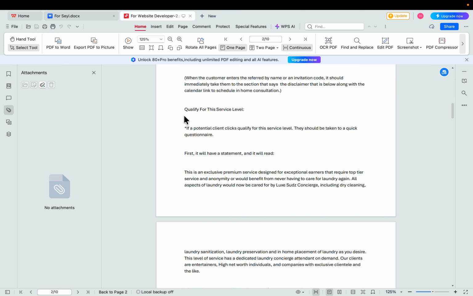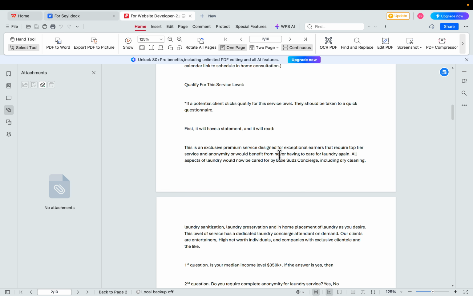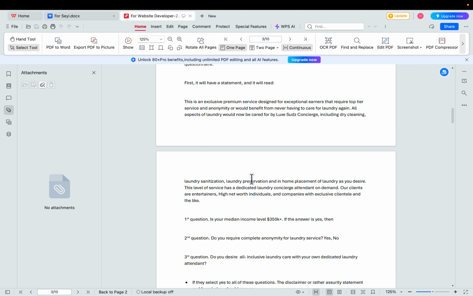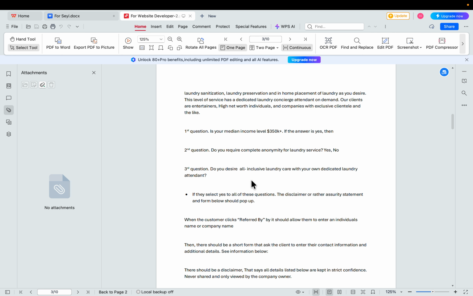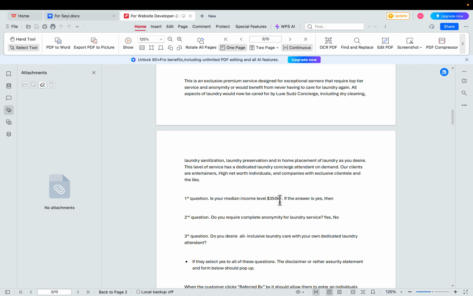If they click on qualify for this service level, it should take them to a questionnaire, right? Yes. And here's all the information that the questionnaire should have, below. So it'll be a little form, and those are the questions that they have to answer.